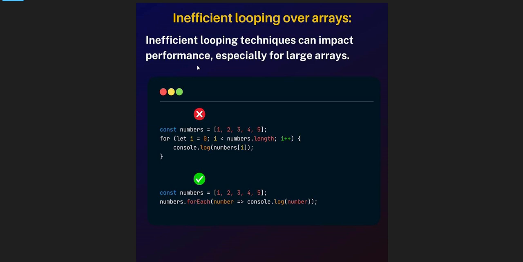Now when we go to the fourth, inefficient looping over an array. I was also getting lots of errors on this. So const numbers equal to 1 2 3 4 5, for let i equal to 0, i smaller than numbers.length, i++, console.log numbers[i]. But there is a modern way